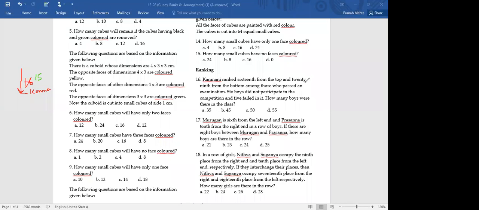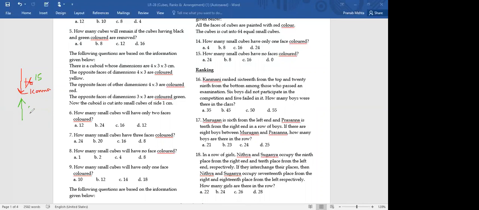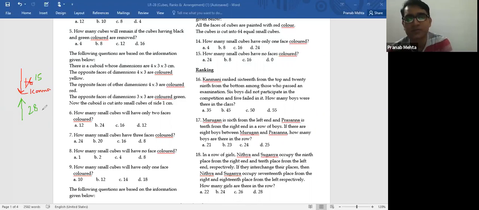And 29 from the bottom. After him, 28 people are there. From the bottom, if counting is done, his rank is 29. This is what they're saying. And 29 from the bottom means if I count from the bottom, his rank will be 29. What does it mean? 28 people are below him. Is this clear now? All right.